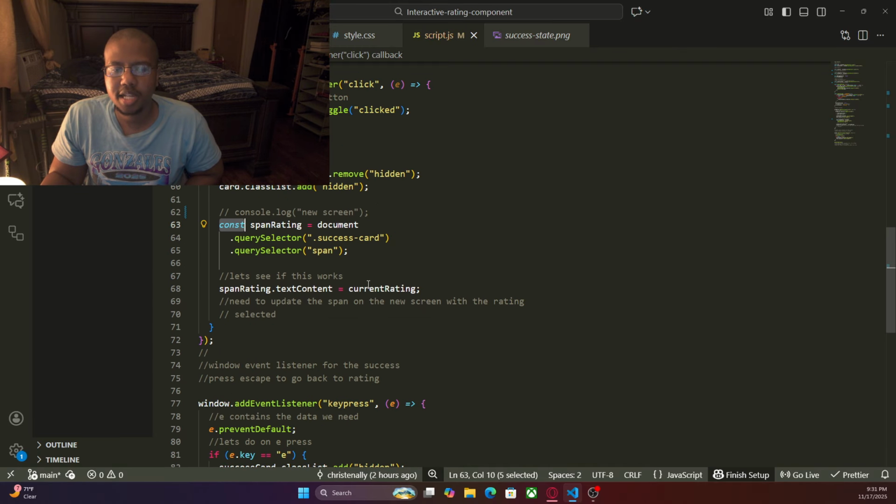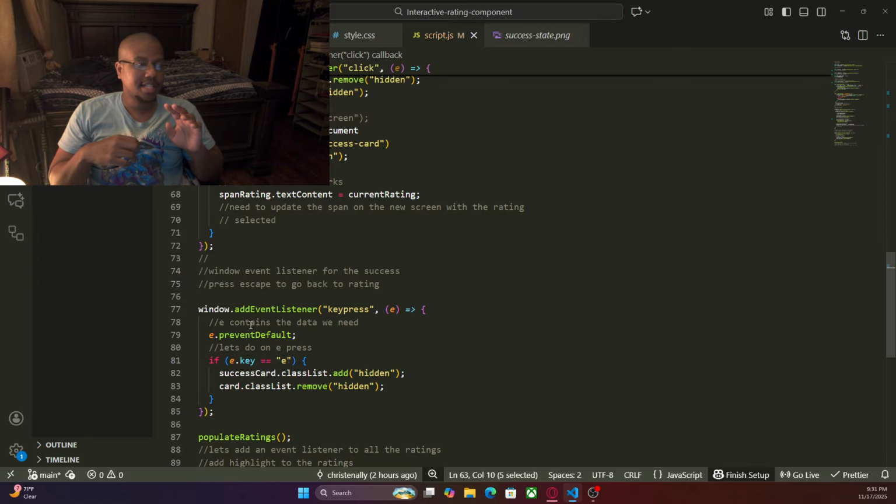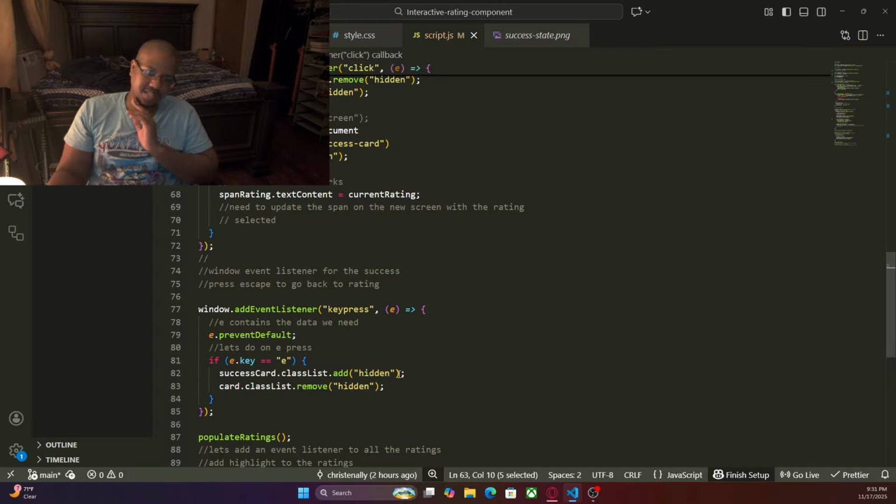So we did the card button, add event listener, and then I couldn't figure this out, but I just decided to map it to E instead of escape. I knew you could add event listeners to the window, but I didn't know how to get the actual key from, and then I found out that's passed in the event. You can use the action key press, and I tried to console.log so that I could see which key was being pressed originally, but every time I pressed the escape key, nothing would happen. So I just decided to go with the E key, and that's why